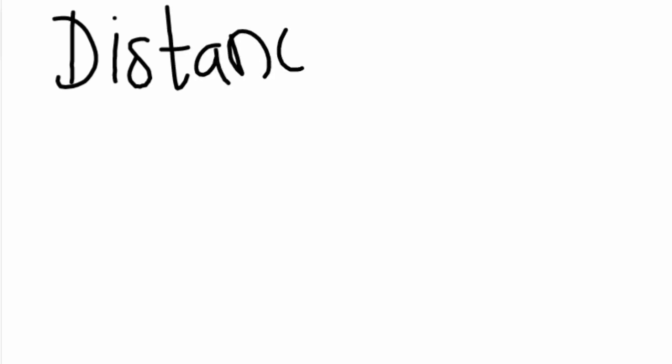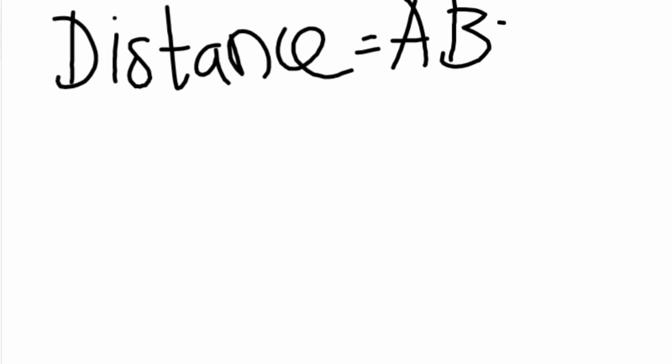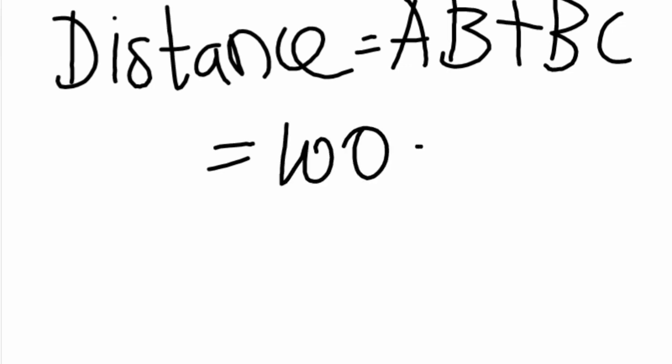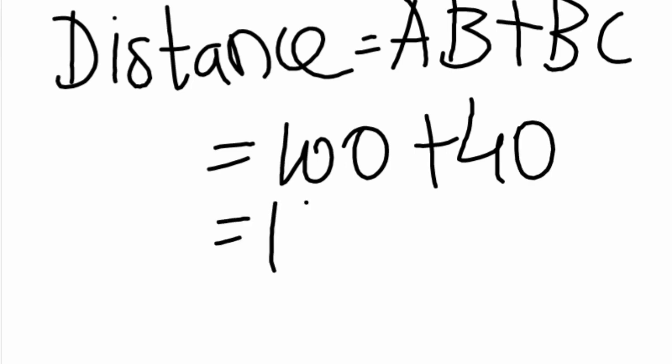Distance is the total path length covered by a moving object. In this example, that boy starts from point A, moves through B and reaches C. So, the total length of the path covered by him is AB plus BC, where AB is the distance between the house and the school, BC is the distance between the school and the shop. That is equivalent to 100 plus 40, 140 meter. That is the distance covered by that boy, or the total path length covered by the boy.